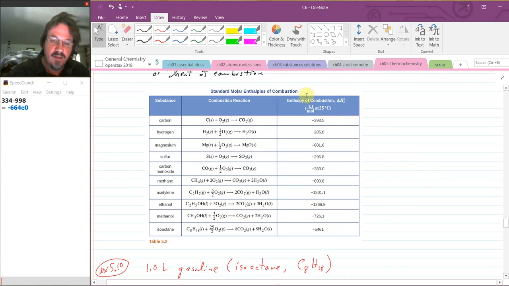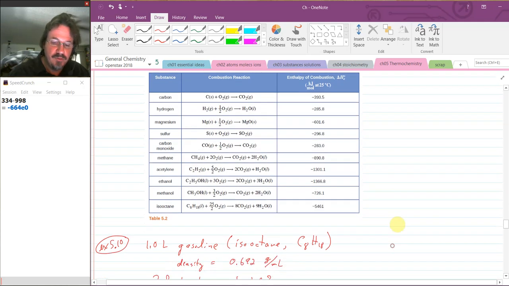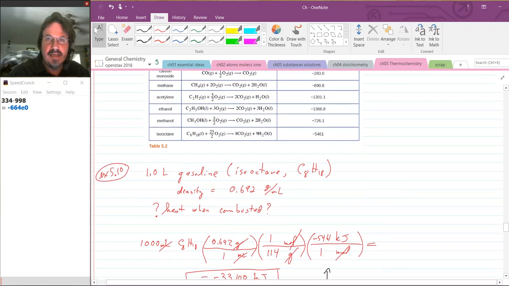Okay. The units here, kilojoules per mole. All right, so that's heat per mole. So these are not per gram; these are per mole. And it says right there, hey, it's at 25 degrees Celsius. It's also got that little naught sign, which means I also know that they're listed at 1 bar and 1 molar concentrations if these things were aqueous. Now, it looks like to me they're not. There are some liquids, but they're not aqueous, so it doesn't actually apply in these particular reactions. I can use those then to calculate the amount of heat, or the amount of substance if I know the amount of heat, that kind of a thing.